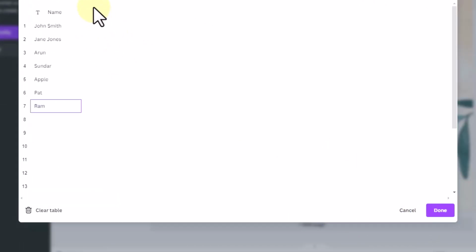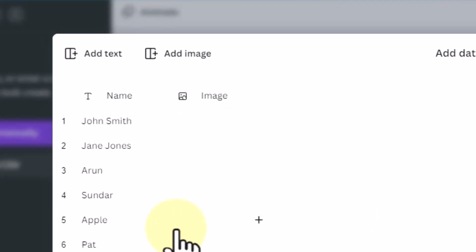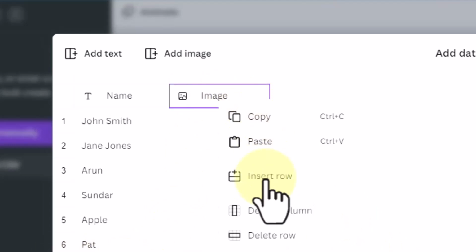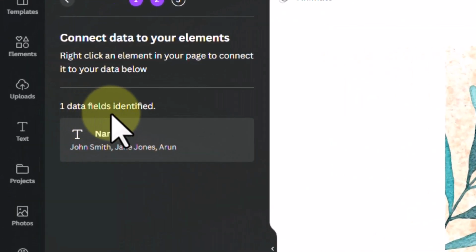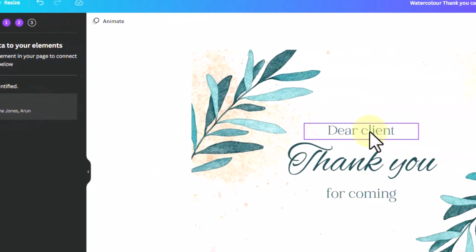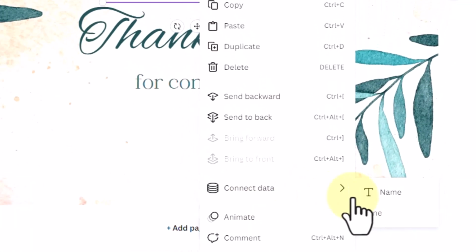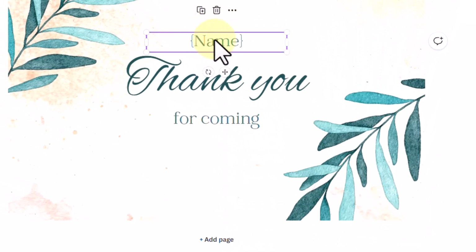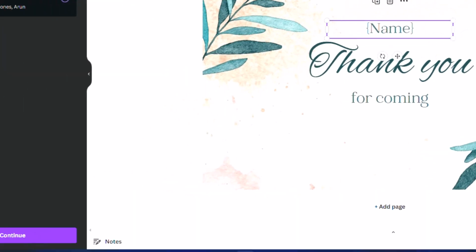But as I said, if you have any images to also add to the frames or grids, you can add an image and then do that. But I'm not going to add any image here. So get rid of this column and click on done. So it will tell you how many data fields are identified. So you'll see that the name is identified. So I'm going to right click on this dear client and click on connect data and say name. So this picks up a custom placeholder for the name,